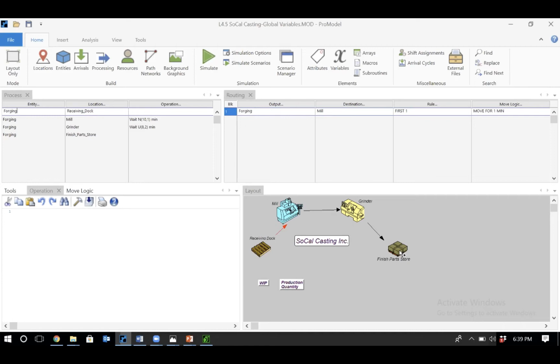Let's assume another part leaves the system. The value of working process goes from 4 to 3. Okay? And now let's assume another part's coming. So it goes to 4, back to 4 again. Okay? So this way, we can calculate, we can monitor the value of working process in the system at any